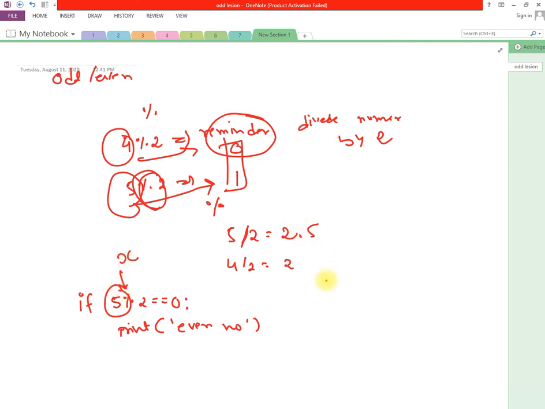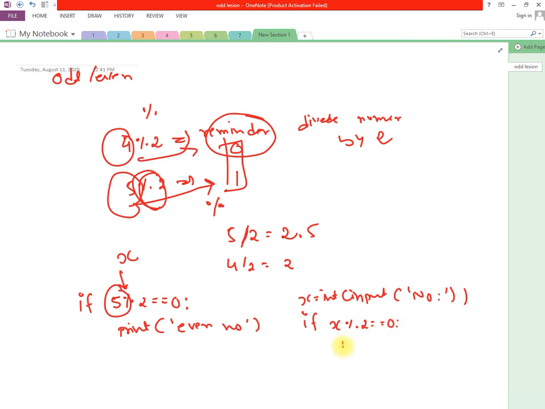So I'll have x is equal to int input some number. Once the user enters x, I'll check if x modulus 2 is equal to 0.